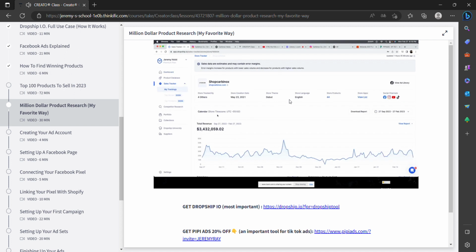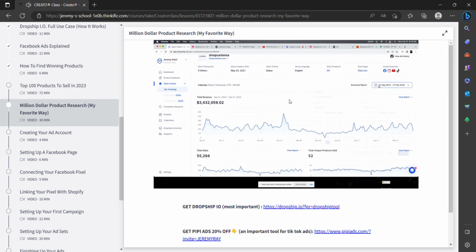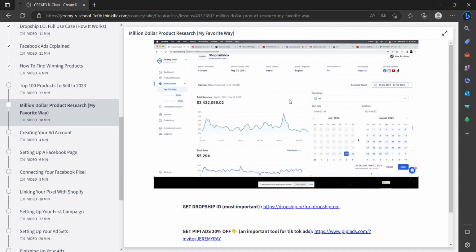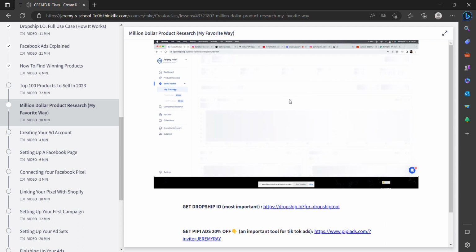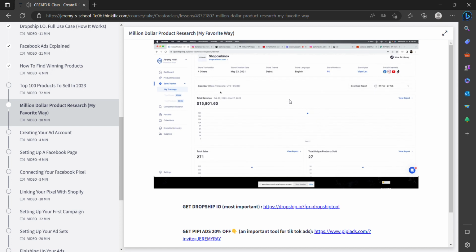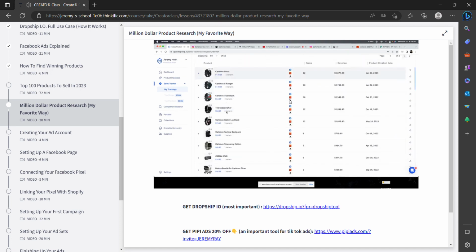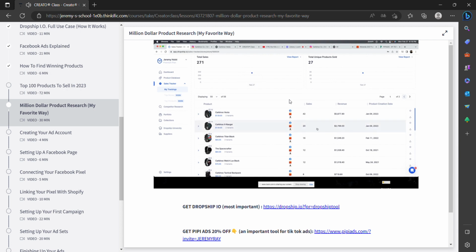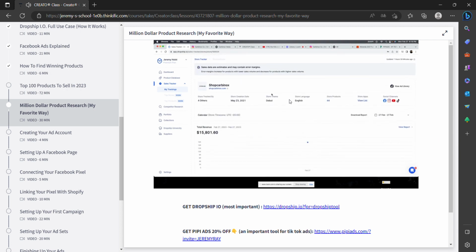This is why this method is so strong. It's working, you guys. When you do this, this is why I don't sell products unless they're making money like this, because why would you? This did 15K today. Why would you go sell something that's not doing 15K when there's stuff that's doing 15K out there, right? And I'm not saying sell this product, but I'm saying sell something like this, right? And that's why these tools are so crucial, because, you guys, it's a lot